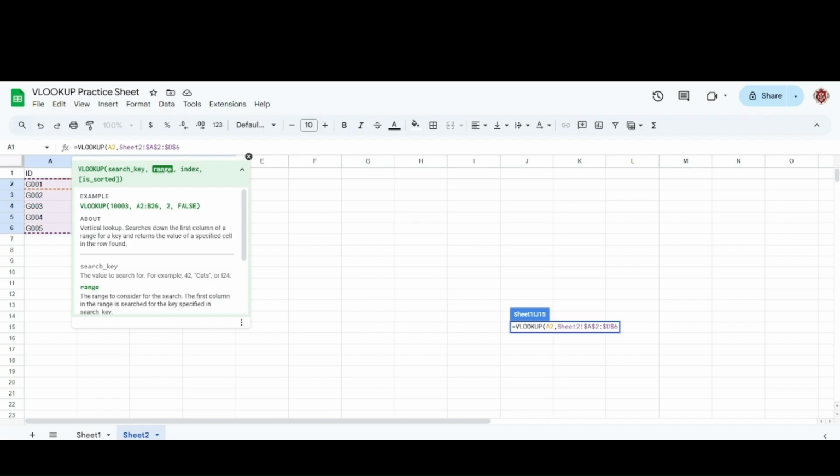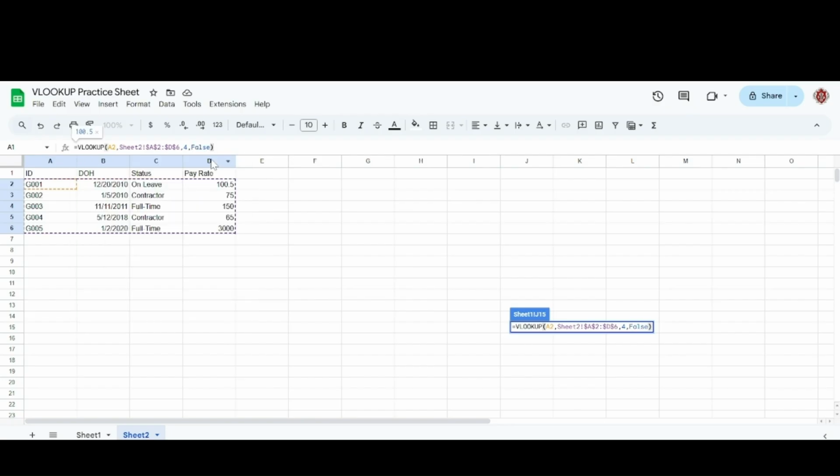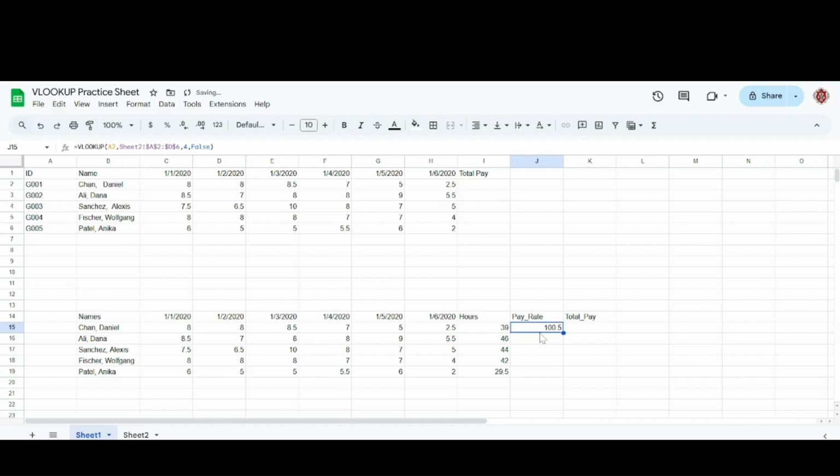So now we have our array where we're going to be looking for, and then index, which was going to be the fourth column, right? So, and we want it to return exactly, so it's going to be false. And then we're going to close it up, and then we're going to punch it in. And there we go. VLOOKUP 100.5,